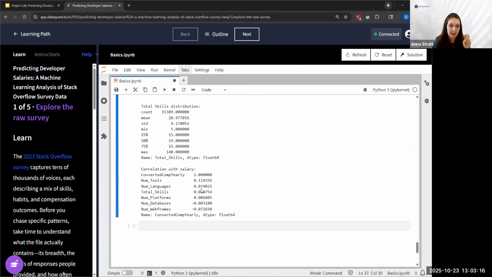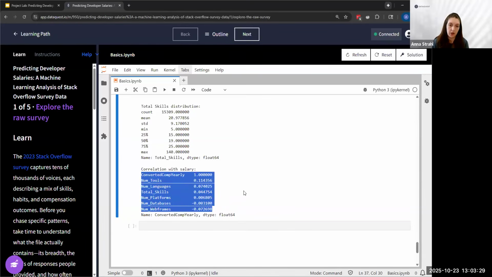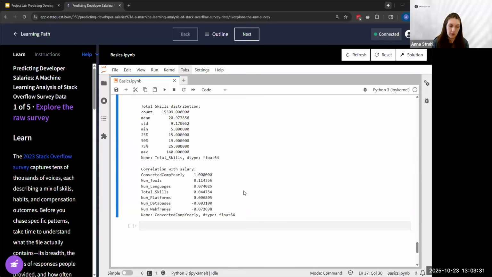The number of tools has the highest correlation with 11%, which is still a very, very, very weak correlation. And unfortunately, if this was how we decided to handle our object column type conversion, we're losing so much granularity because we don't know what the exact tools or languages are that are influencing salary. We just have a number.